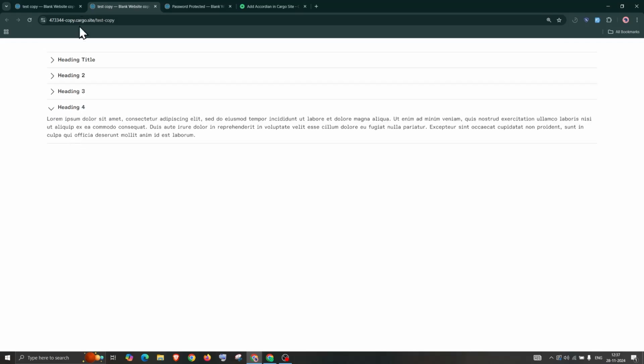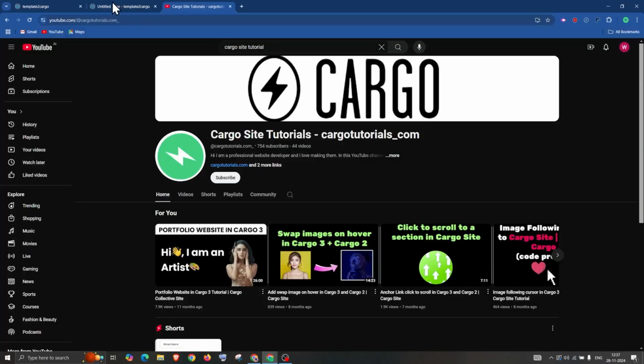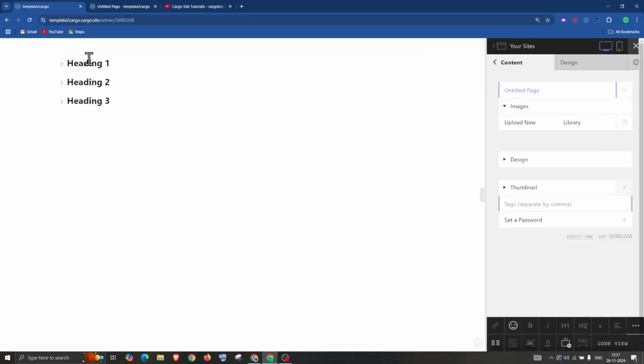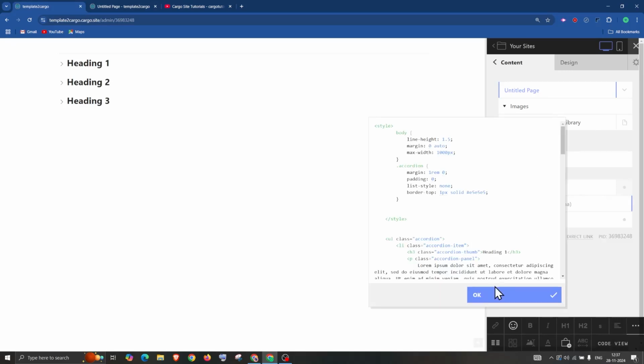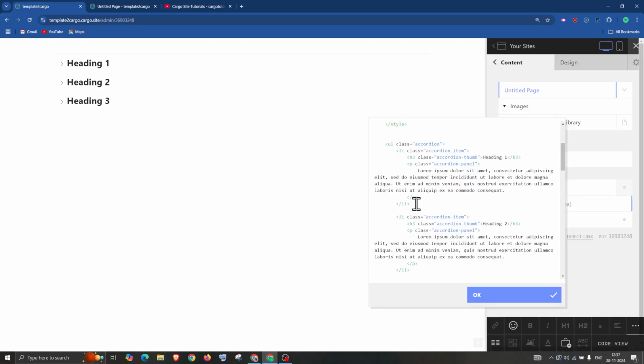So this is how you can add the accordion in Cargo 3. If you want to add it in Cargo 2, you will get the code from the site, and simply you need to go to the page in which you want to add this, go to the code view, and paste the code. Similarly, if you want to add more accordion tabs, simply copy this